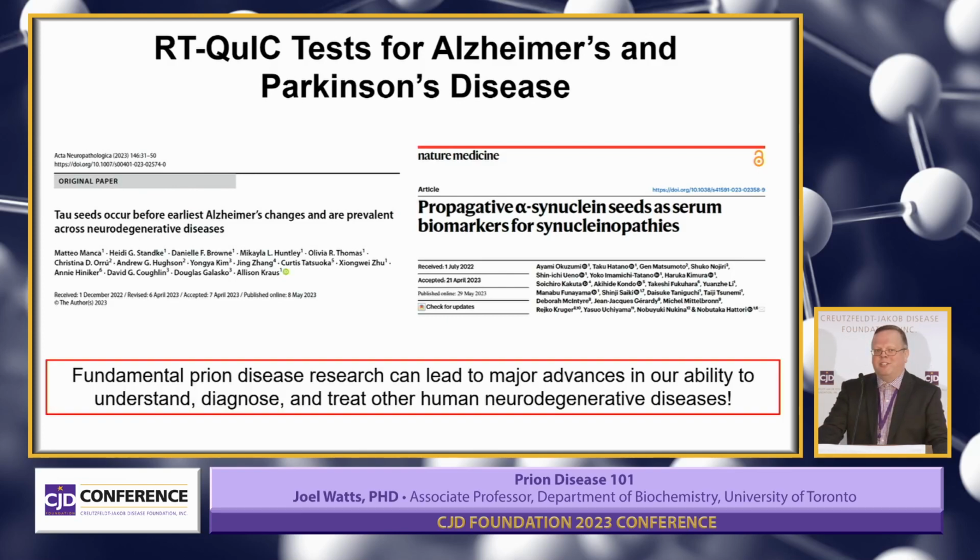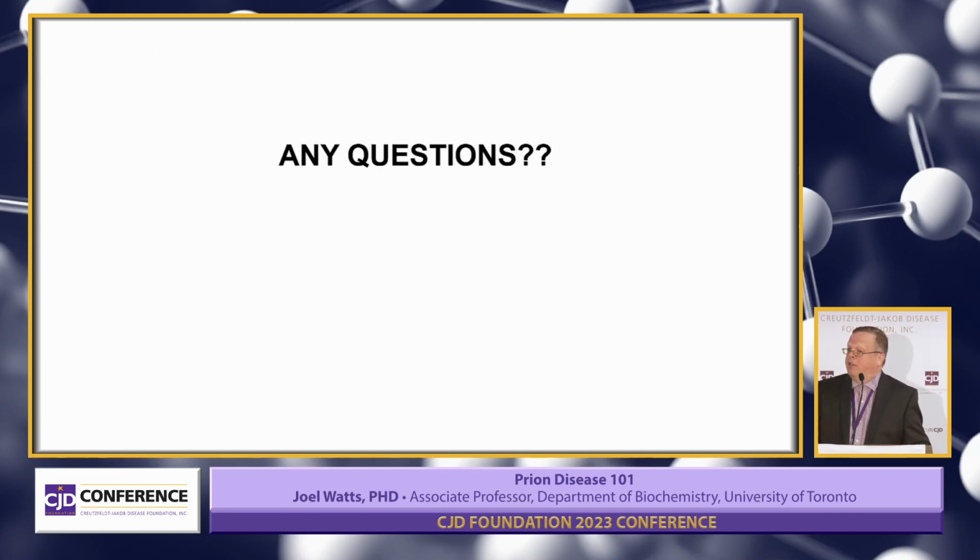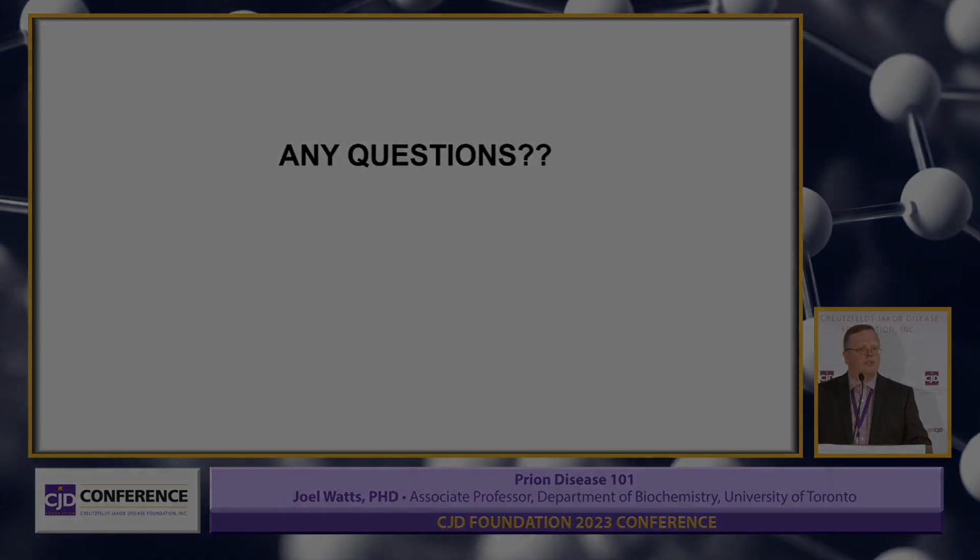Thus, fundamental prion disease research can lead to major advances in much more common neurodegenerative disorders, which is why a message that you should be telling your representatives is that funding prion disease research and studying prions is and will continue to be important. So with that, I'm going to stop and we'll take any questions along with Brian, and then there's going to be a